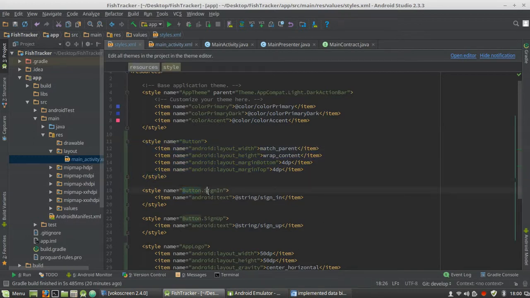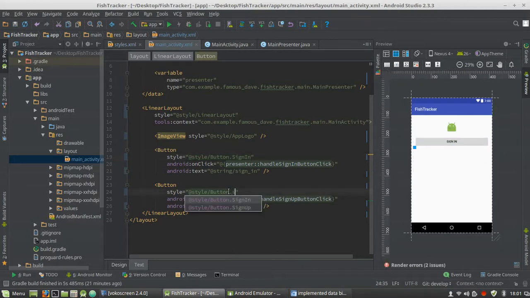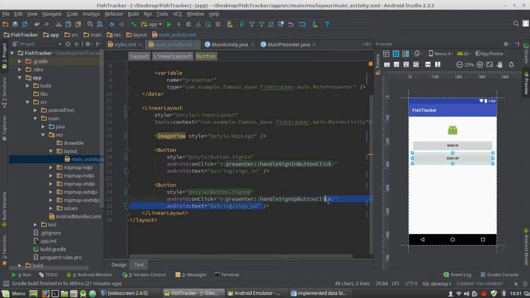So all of these items will be inherited by both sign in and button sign up. So we can change this to sign in, and this one sign up, and now we can delete these